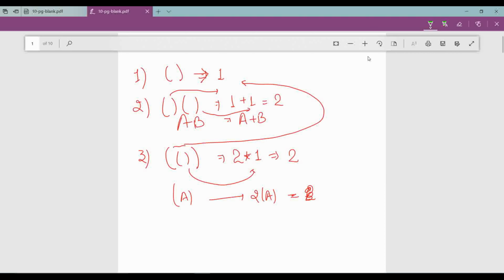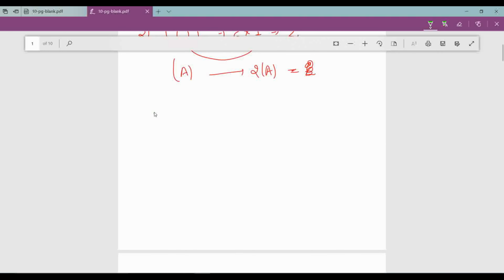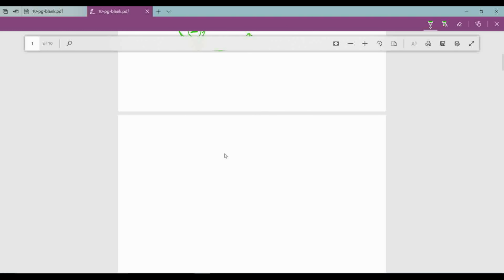Now how we will solve this? Assume we have this one. Okay, so how we will do? First we will go inside this. If we found this brace, then I will insert the value of this one, that is 1. Okay, now when I get to know that yes, there is another opening braces, there is another braces inside which we have a digit, then what I will do, I will do 2 into the inner part of it, so that will be 1. So it will give me 2. Example 3,